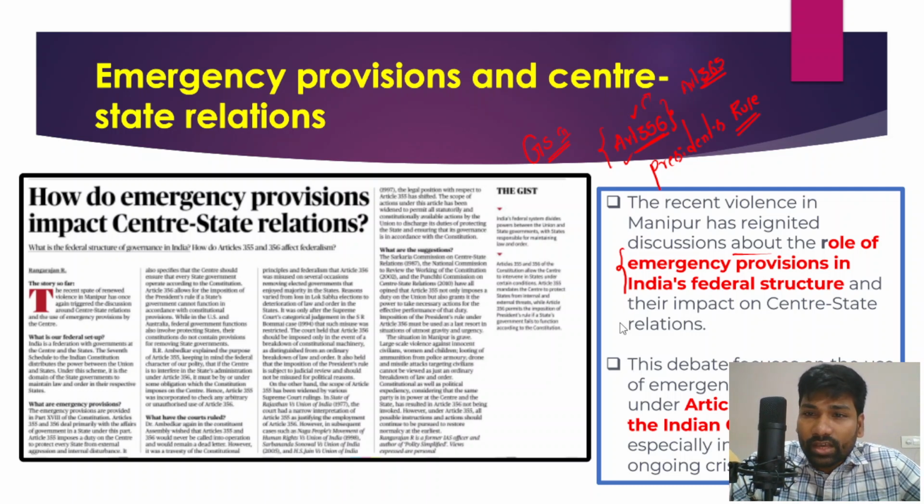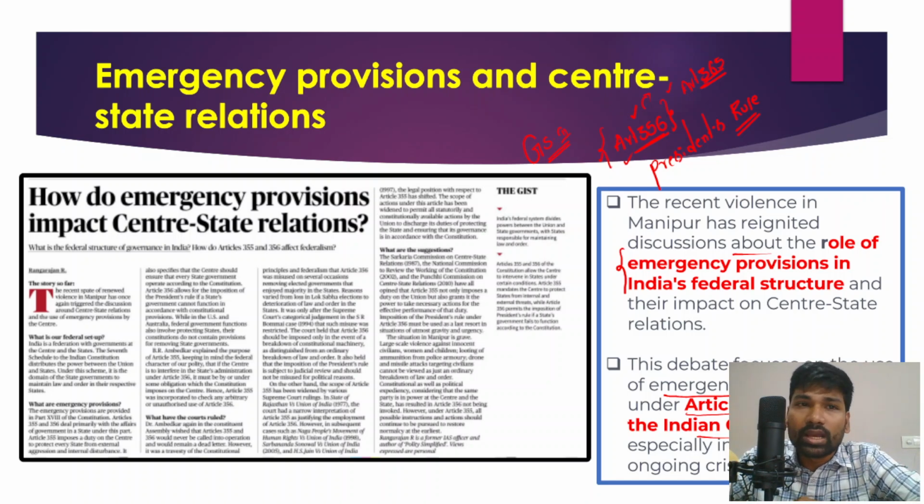So we are going to understand how these emergency provisions, particularly article 356 and article 365, are going to impact the center-state relations going ahead. And this debate and discussion focuses on the use of emergency provisions under Article 355 and also Article 356 of the Indian Constitution, especially in the backdrop of the ongoing crisis or violence in the state